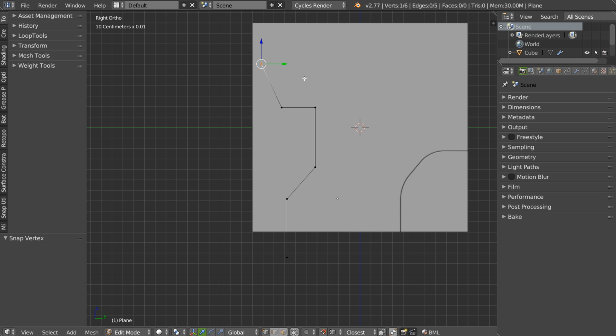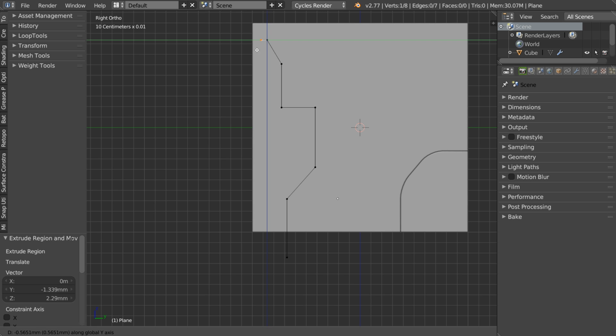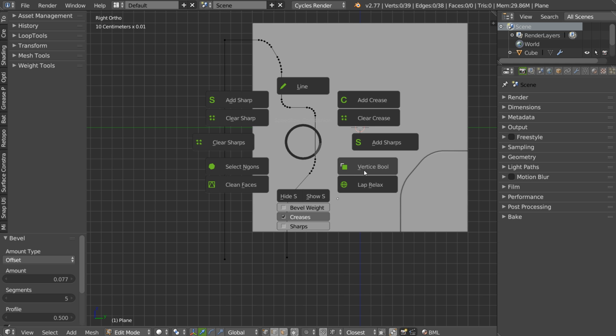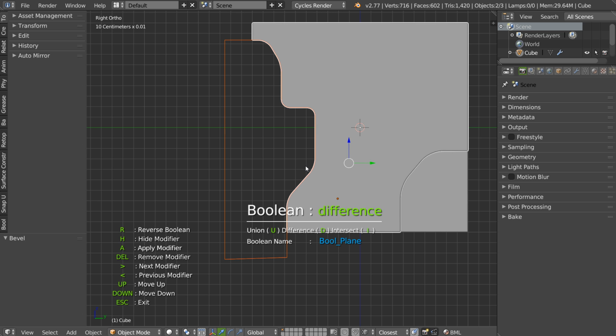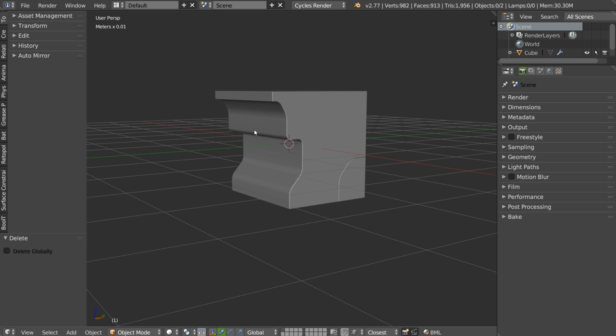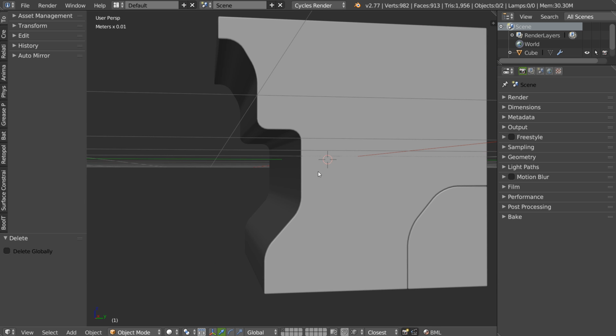I will go in vertice. Yup, snap. I will edit it here. I have to make something that will be closed like this. You can select everything. Control B, V, plus. Yep. And A to apply, for example. And as you can see, this is fast and this is nice.